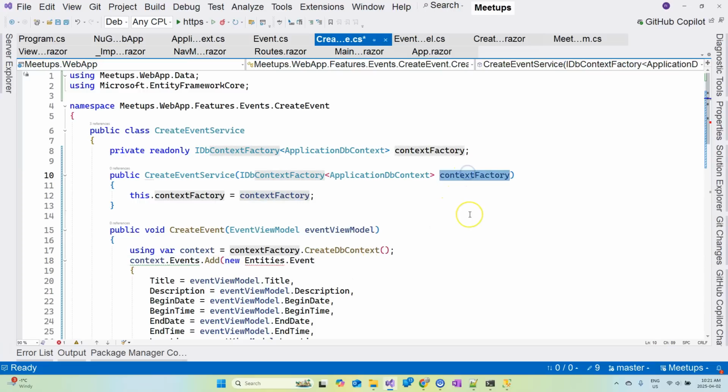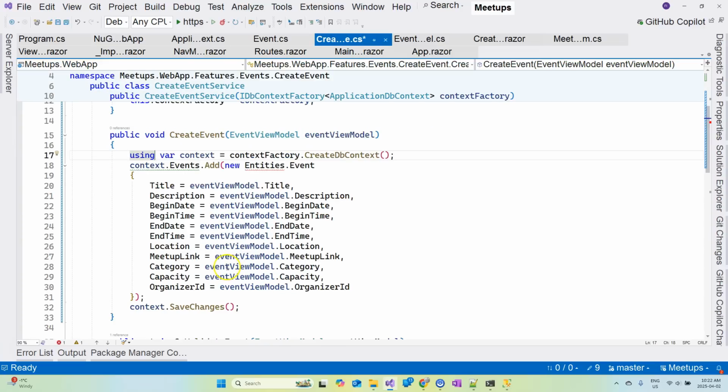So I have this context factory, and then it's creating the context for me by calling the correct method. So factory create DB context. And then we're using a using keyword here, right? So this one is going to dispose the created variable once this variable goes out of scope, which is this curly brace. Okay, so it's great. In order to get rid of the squiggly line, I'm going to use this, and then